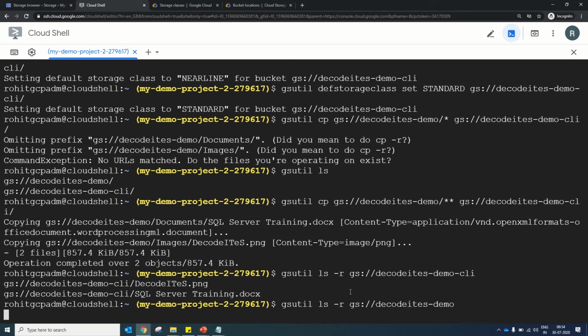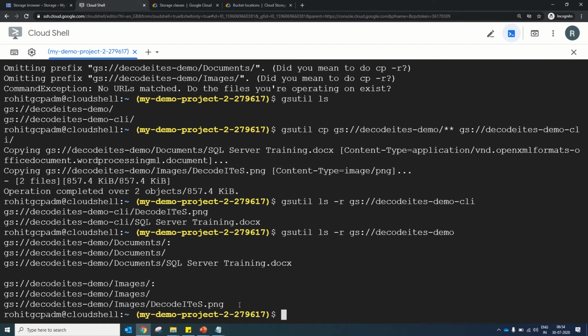I want to show you that under the original bucket, your files are available inside the subdirectory image and subdirectory document, whereas in the new bucket it copies directly inside the bucket. It doesn't create any subdirectory because we have used the star only. We have not mentioned the recursive mode.